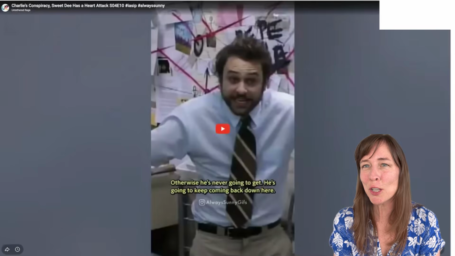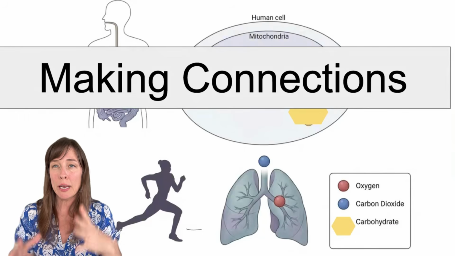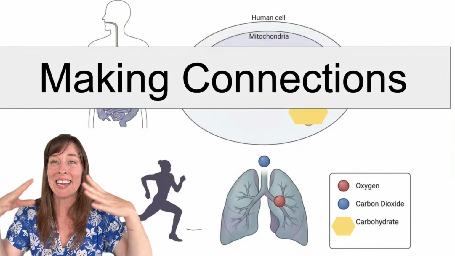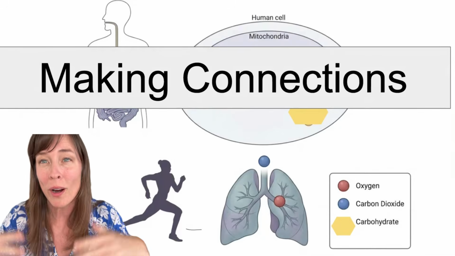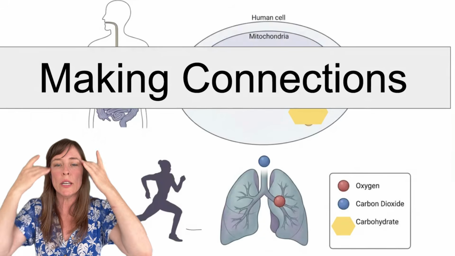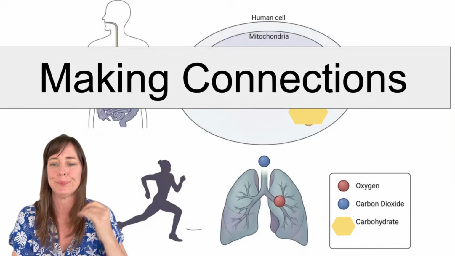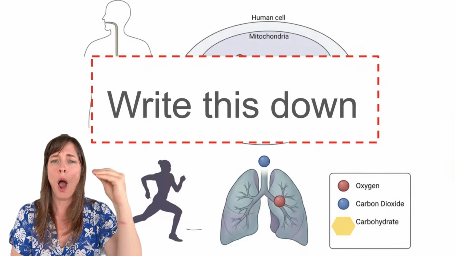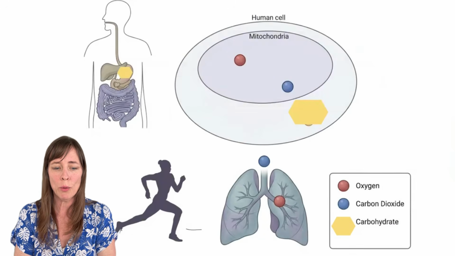Okay, so just a little joke, but I want you to always be making connections in biology. In order for you to get a 7 in IB, a 5 in AP, or an A star in the A levels, you need to be thinking about how do all these units come together? So write this down. I want to just make sure that we take some time to make sense of all this. So here we've got,